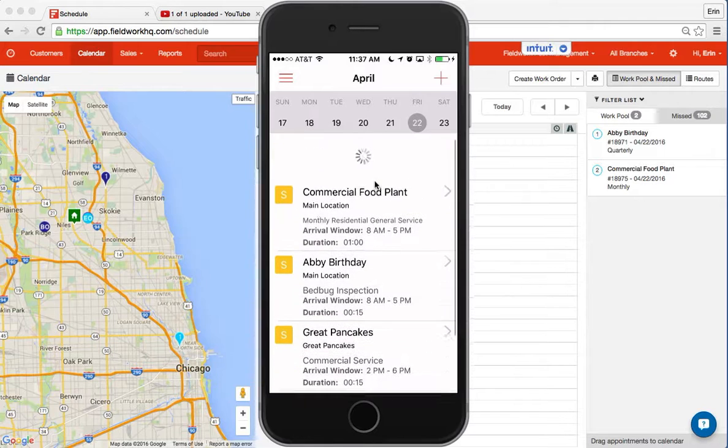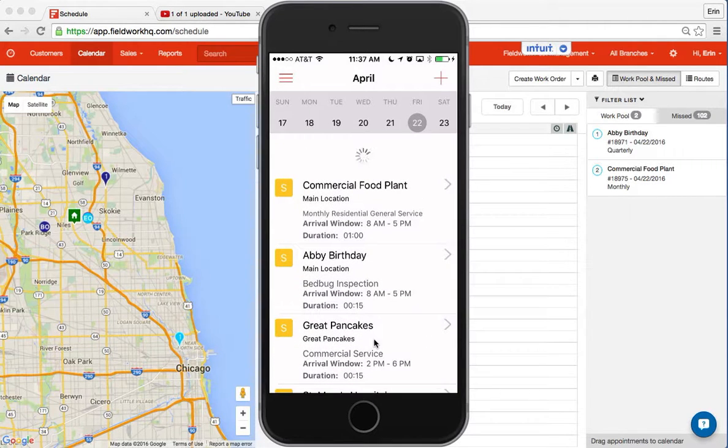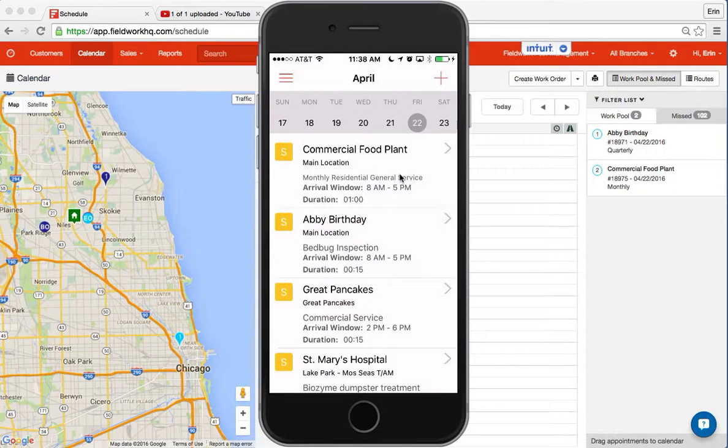So I'll do that one more time. I'm actually pulling my fingertip down on the top of the schedule list, and it will refresh. Once that's done refreshing, I'll show you a few other functions. So the calendar view can be expanded by